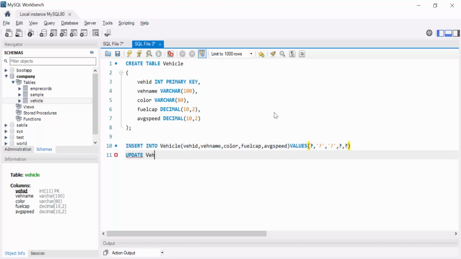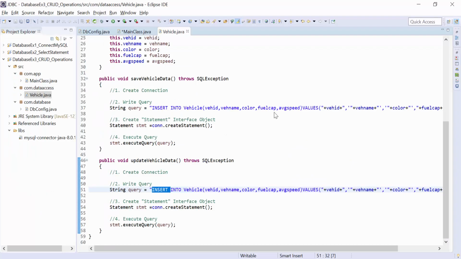Update vehicle set vehicle name is equal to something, comma color is equal to something, comma fuel capacity is equal to fuel capacity, average speed is equal to average speed, and also we need to write a where clause, where vehicle ID is equal to vehicle ID. So the same we write in the update query.